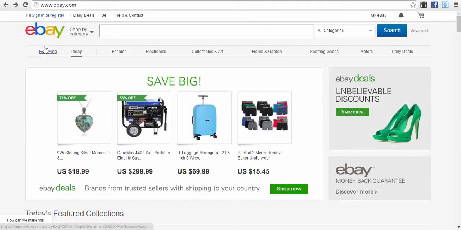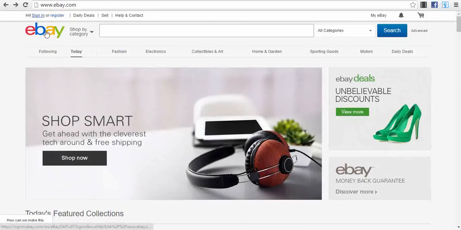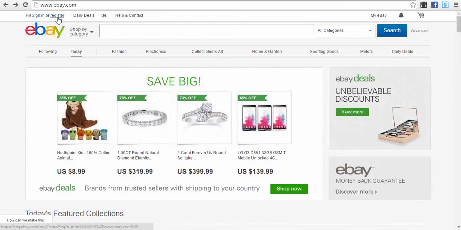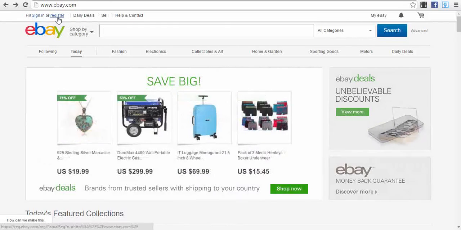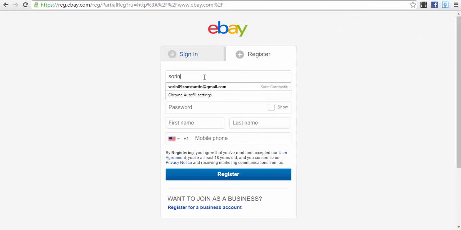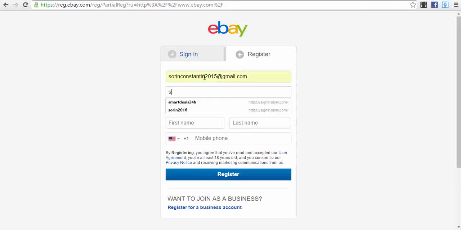So right now I will create a new account. I will go here and press the button register. You see you have two options: sign in, which is for users that already have accounts, and register, which is for new users. So we'll press the button register because we want to create a new account. We will type in the email address that we want to use.